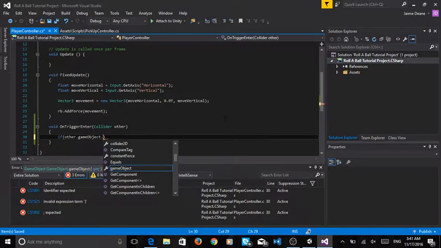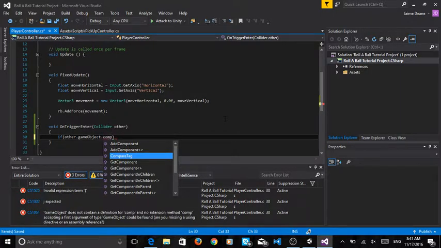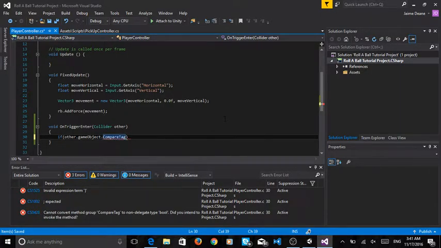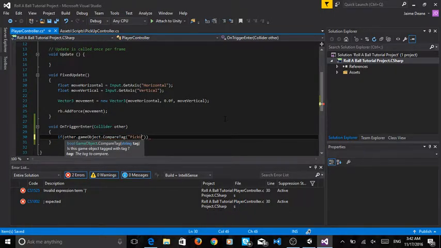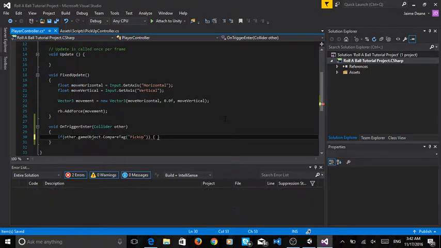So we're going to reference the CompareTag function of the game object of the other collider. From the collider, we go to the game object, and then we compare the tag to see if the tag is pickup. Remember what we wrote just a minute ago? So if the object is the pickup object,